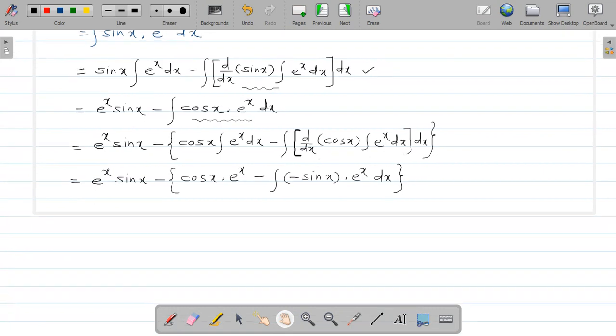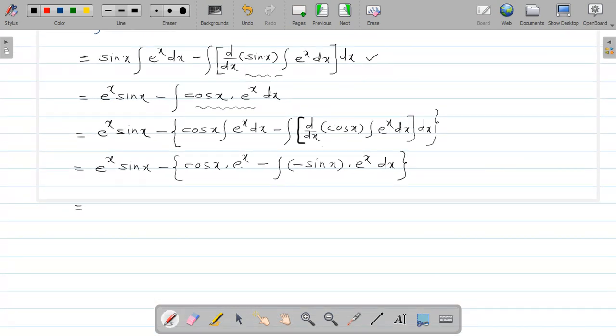Okay, now if we rearrange this or if you solve the curly bracket, then what will you get? We will get the terms as, here it is minus into this curly bracket, so minus e raised to x into cos x. Now here it is minus minus, see this is minus, this is minus, it is plus, but outside of this bracket it is minus sign, so again you will get minus here. So minus integration of sin x into e raised to x dx. Okay, now integration is not completed yet.